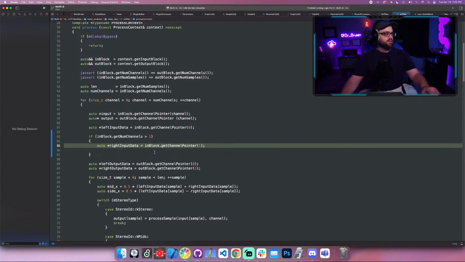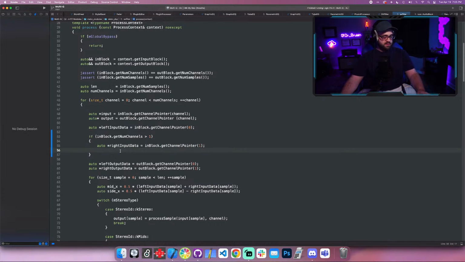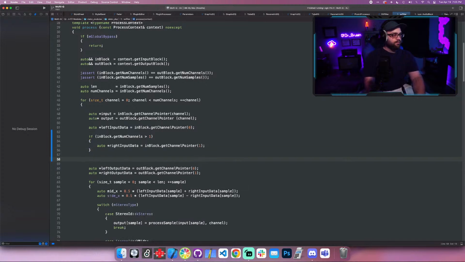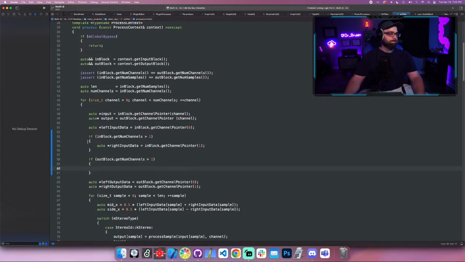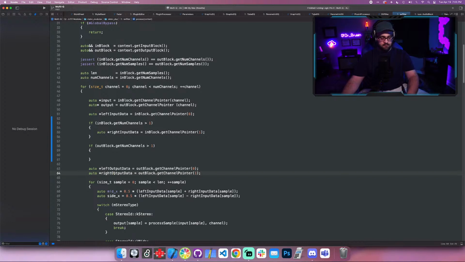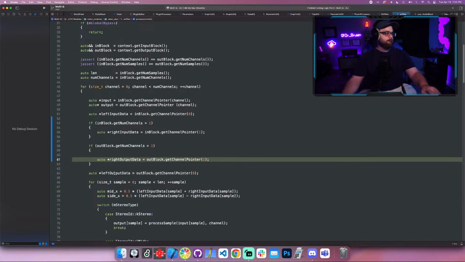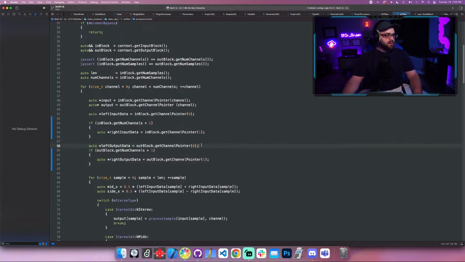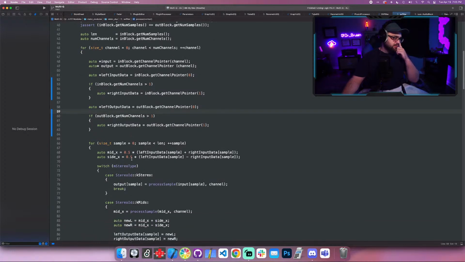We will do this, and we also need to do that for the outBlock. And then I'm gonna have to do the same thing for the actual